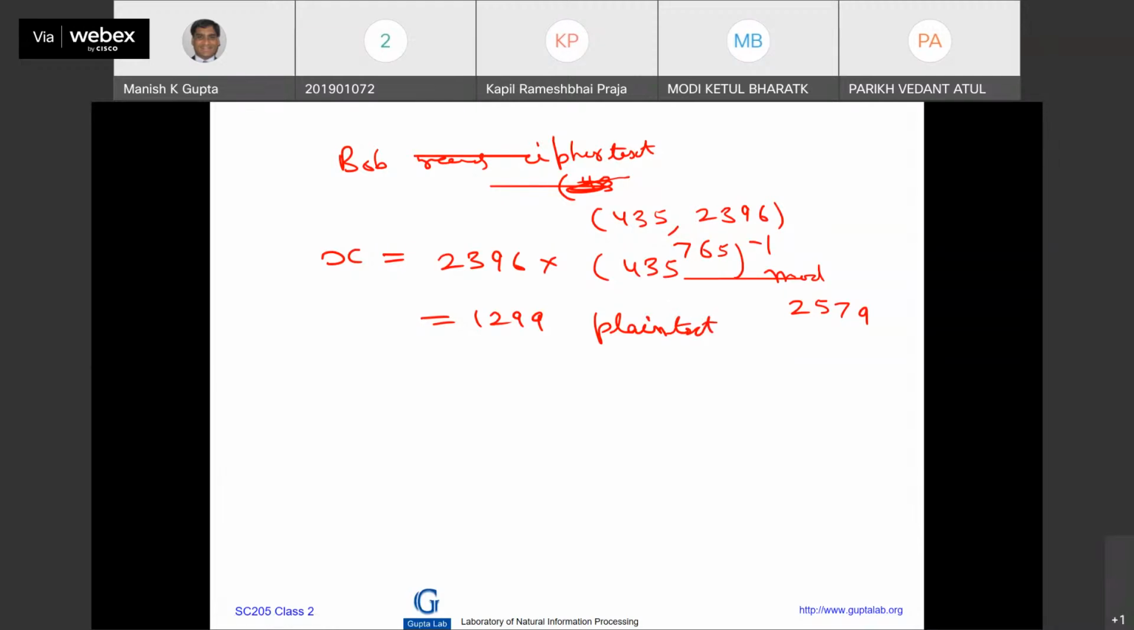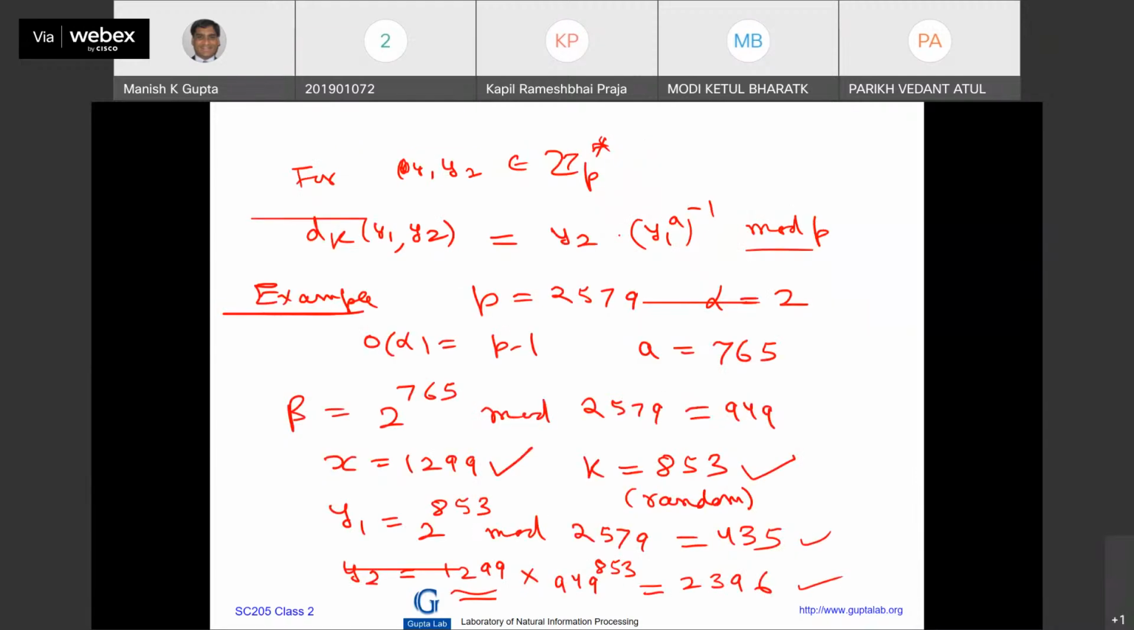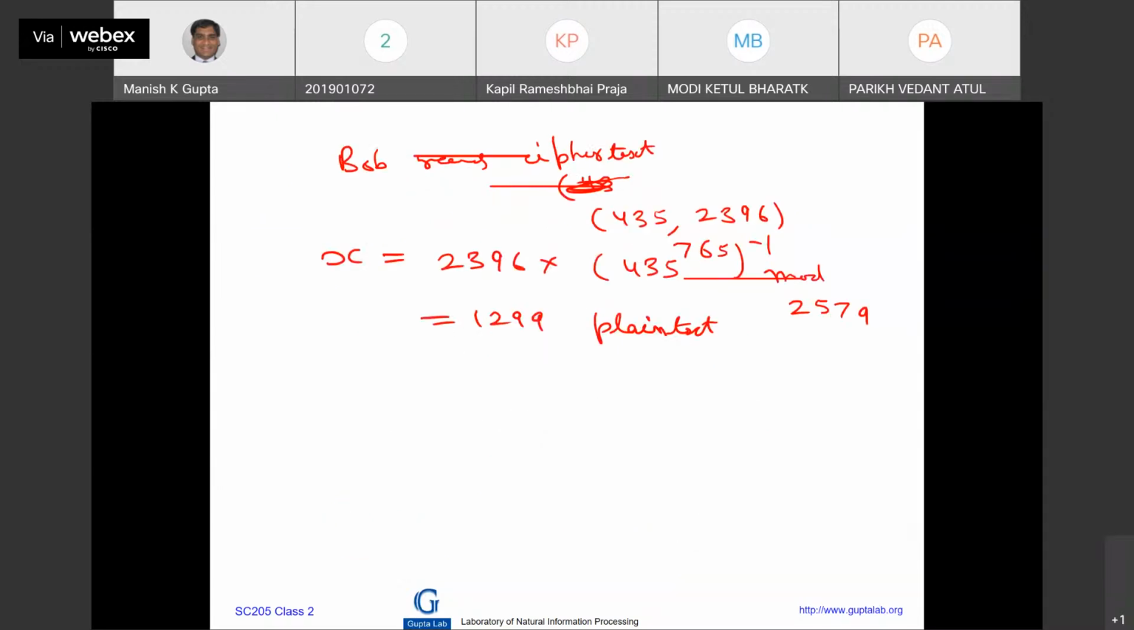So I hope it is clear to you that decryption was y2 times y1 raised to power a inverse. That's what we have done here, and to get the answer. Okay, so now